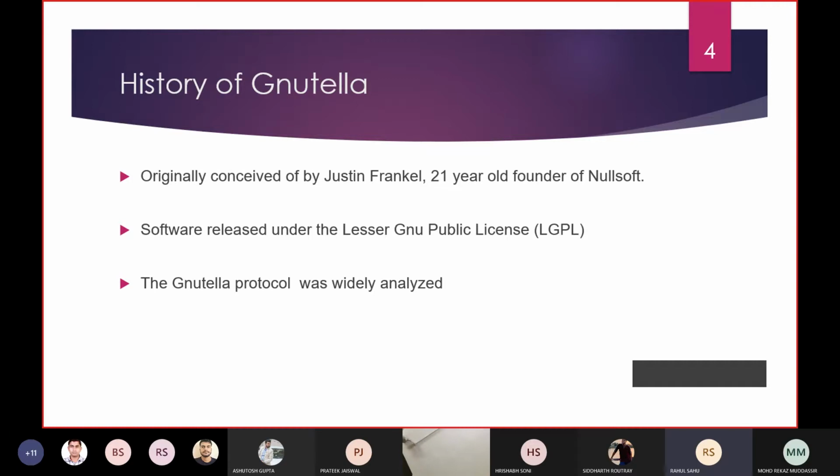A very popular media player known as Winamp was also developed by Nullsoft. So Gnutella was also conceived by Justin Frankel, the founder of Nullsoft. Every software is released under some license. Similarly, Gnutella is released under the Lesser General Public License, known as LGPL. The Gnutella protocol was widely analyzed.